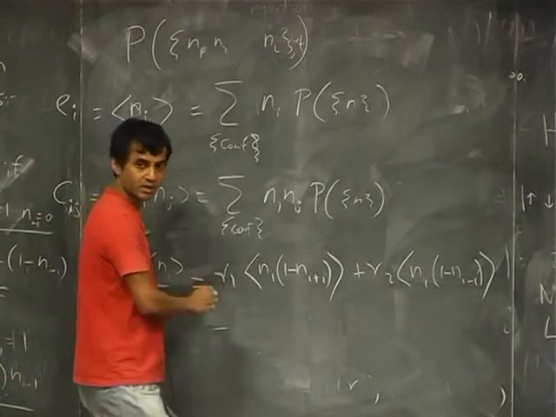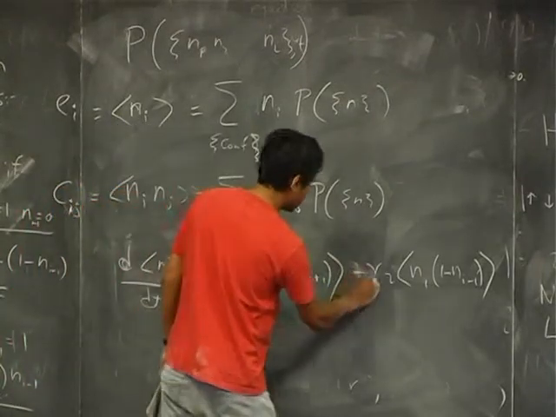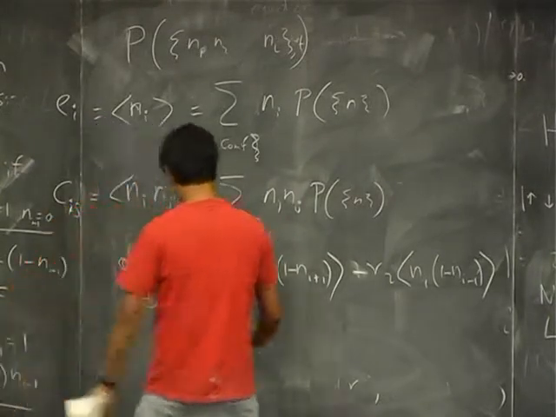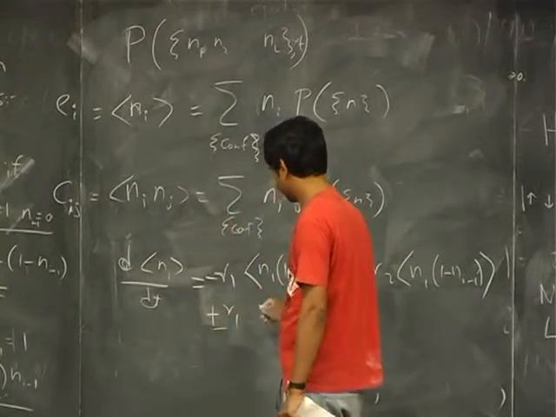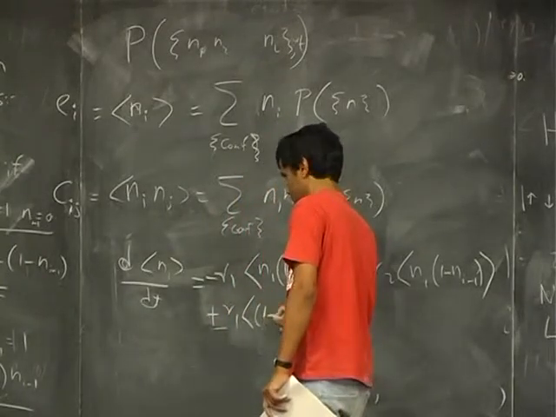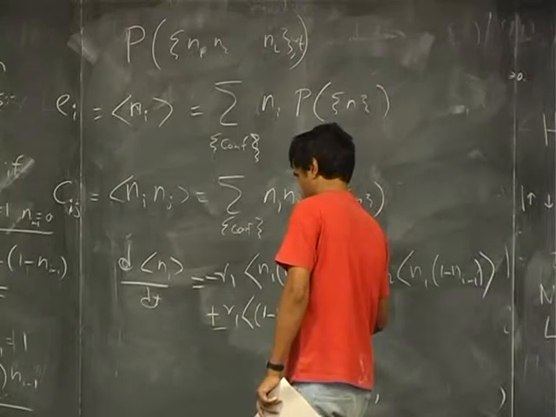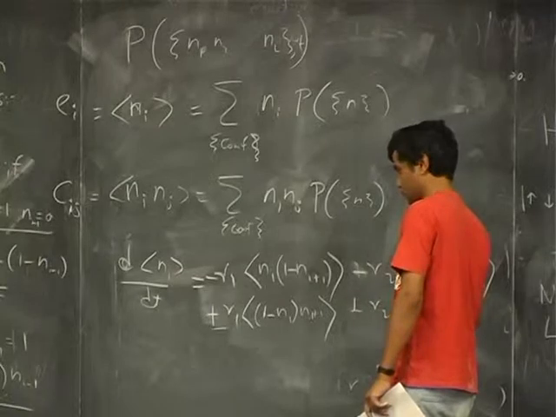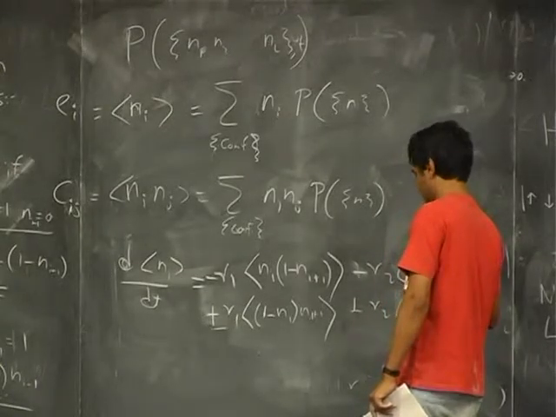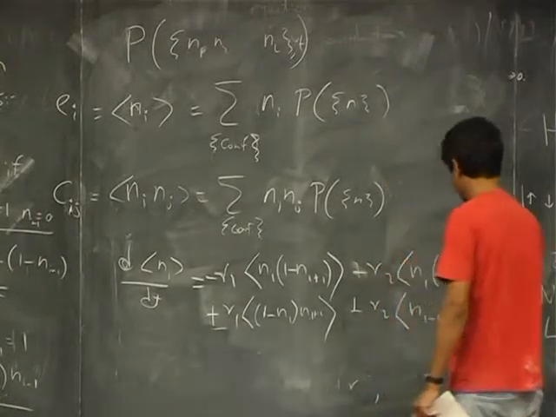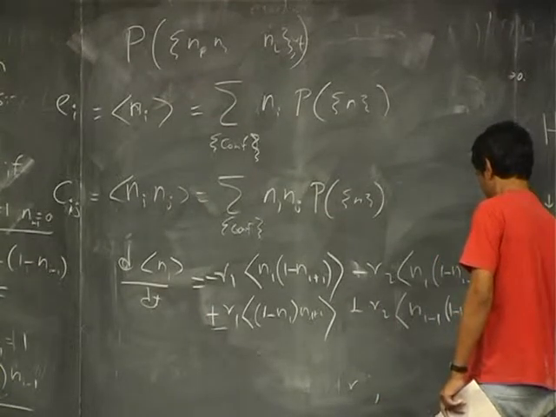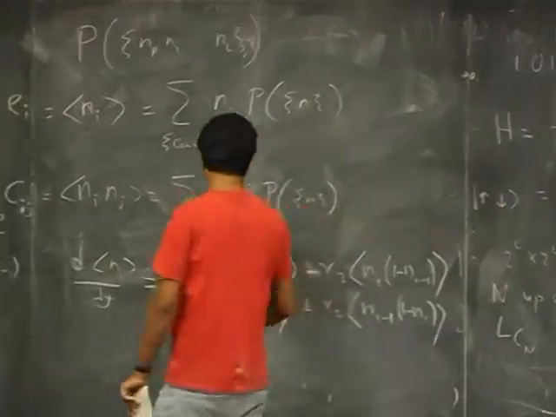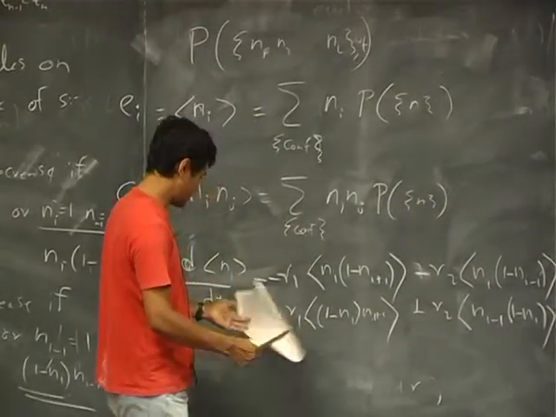Because these are loss terms. So these are minus and minus. And the gain terms are plus. So from there it's R1. Okay, so this is what you get, and this you can rewrite as